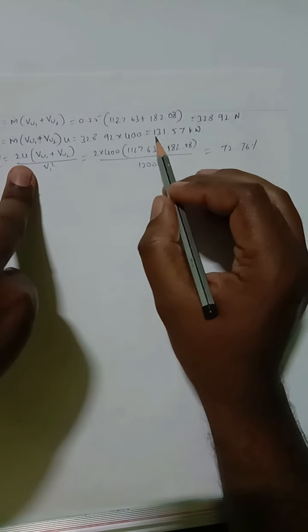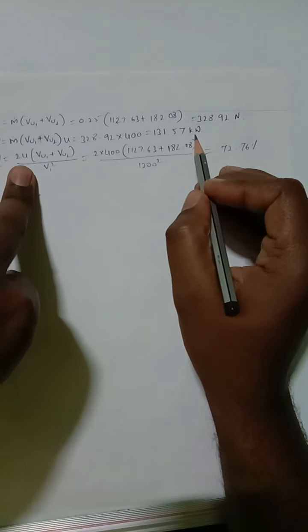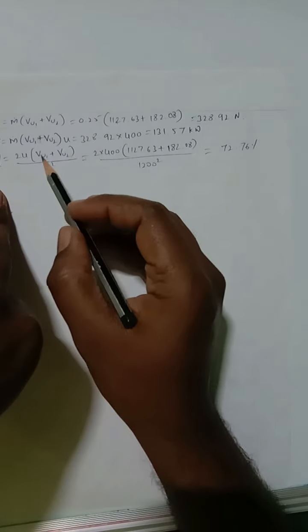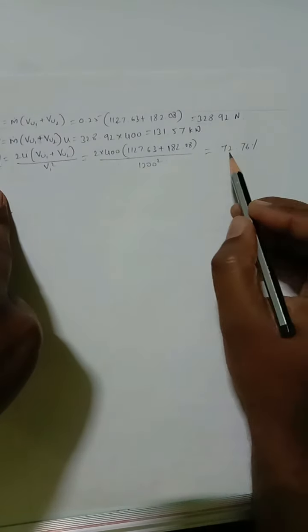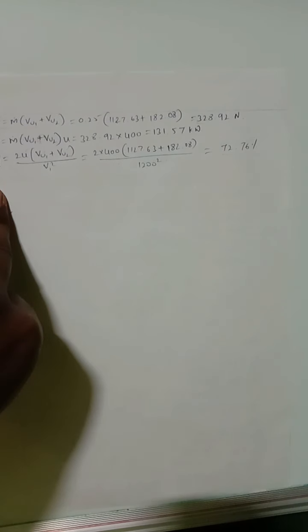So power is equal to 131.51 kilowatts, and blade efficiency, we know U, VU1, VU2, V1, substitute, so we will get the blade efficiency as 72.76. Now let us solve the same problem using